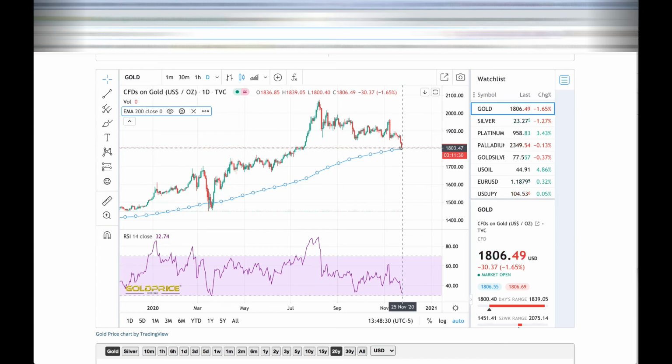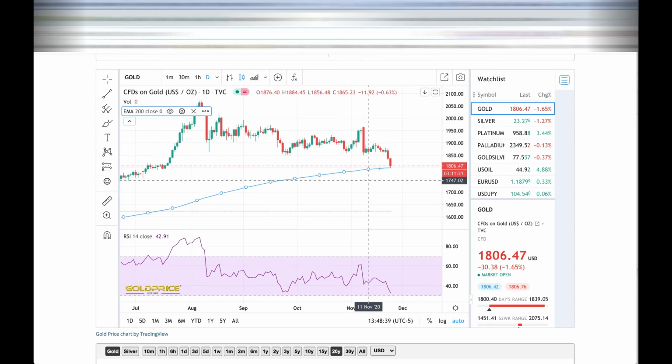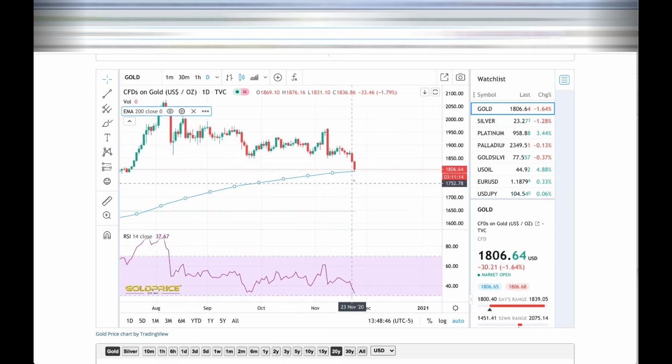Do I think the 1800 level is a resistance level? Yes, I think there are more buyers around the 1800 level. I didn't think we would approach the 1800 level so quickly. I thought that maybe we could see further trending downwards over the course of maybe until Christmas. By Christmas we'd hit somewhere around 1750, and I would buy a lot more gold. But we're going down much faster than I expected. Actually, it goes against some of my predictions that we would see a bear trend.